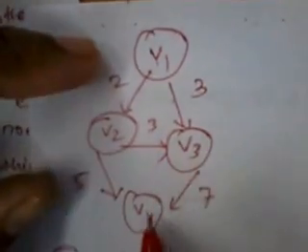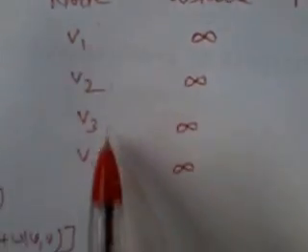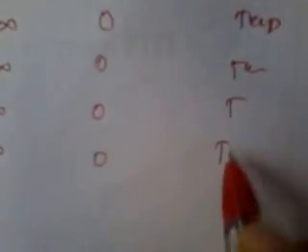We have to implement the relax algorithm here, and here is the directed graph, in which v1, v2, v3 and v4 are the four nodes. First we write all the nodes v1, v2, v3, v4, and the distance is infinity. Initially the parent is 0, 0, 0 and 0, and the status is temporary for all of them. We have to make a source node, in which we write all the nodes.